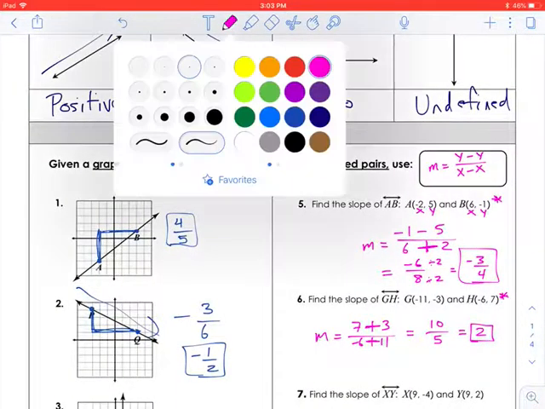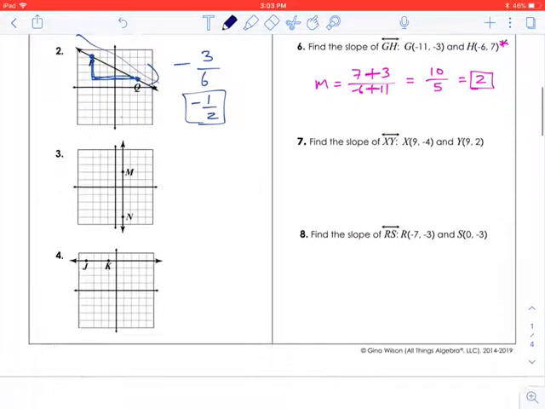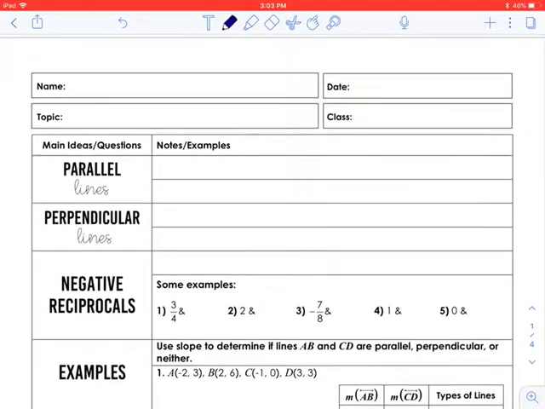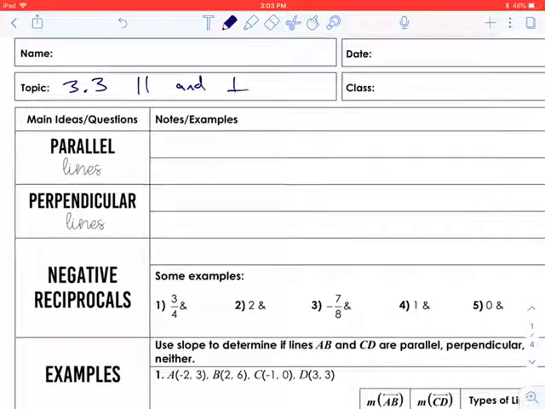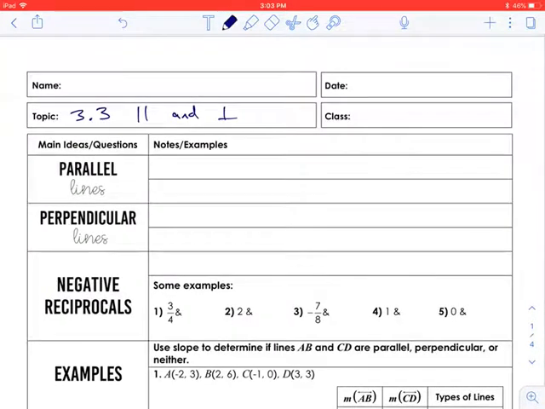All right, so what we're doing in geometry with slope is talking about parallel and perpendicular. So this is really what we're talking about. Parallel and perpendicular. So parallel lines are the ones that are never going to intersect, that are also going the same direction. Okay, so I want to make sure I'm getting a formal definition for you. All right, so parallel lines have